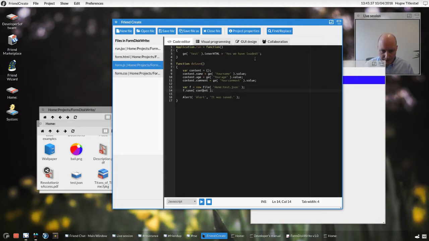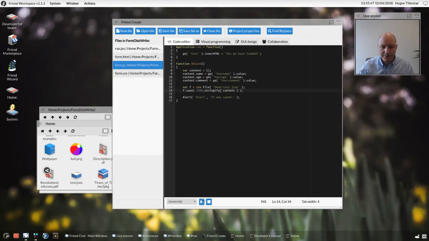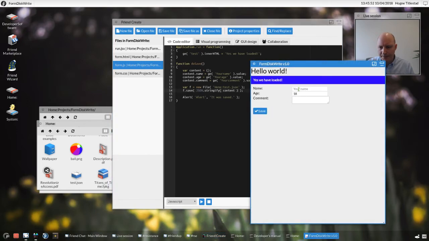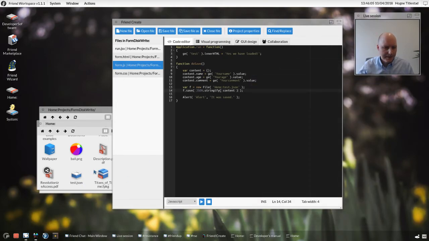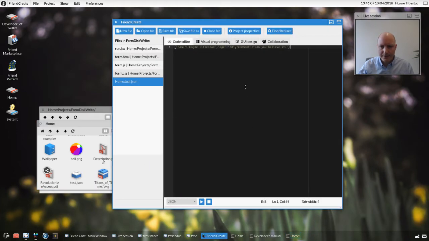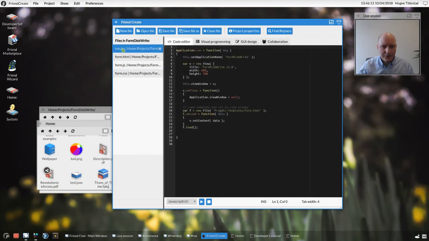So what I'm going to do is use the JSON object to stringify. And now I'm going to run it again. Close this down. There we go. And then I save. Saved. And now we're going to see what it looks like. And there we go. So what I'm going to do now is make the system load